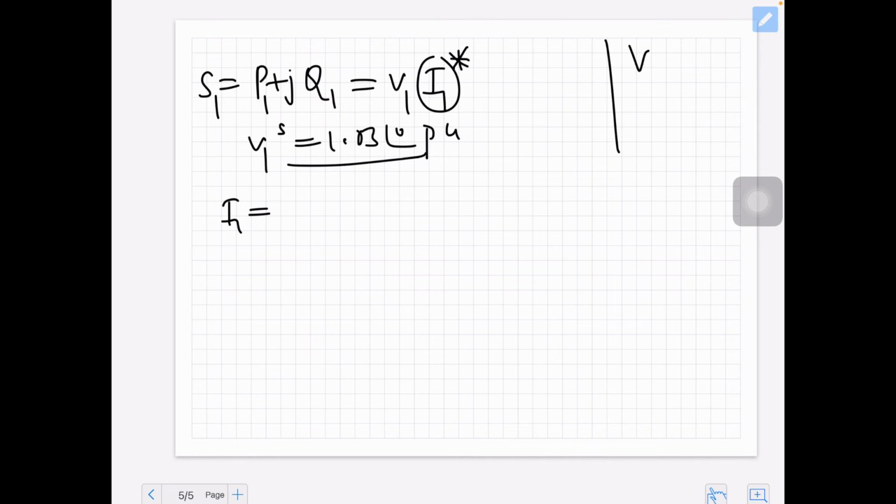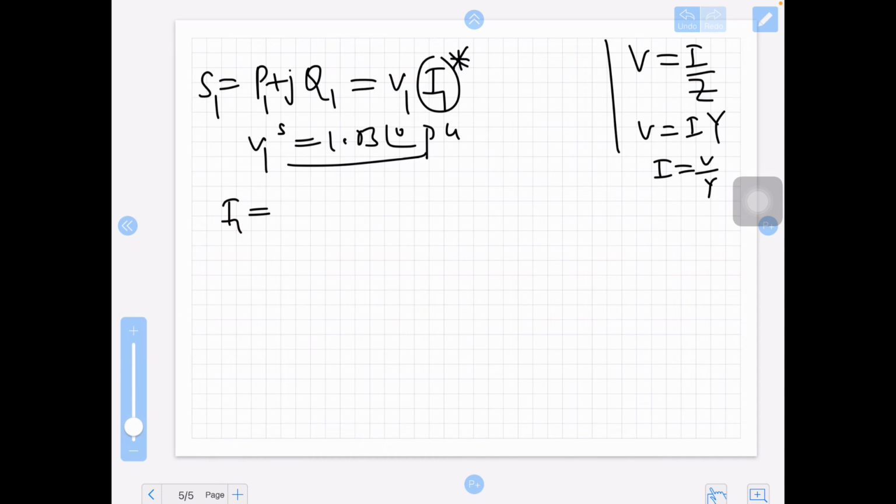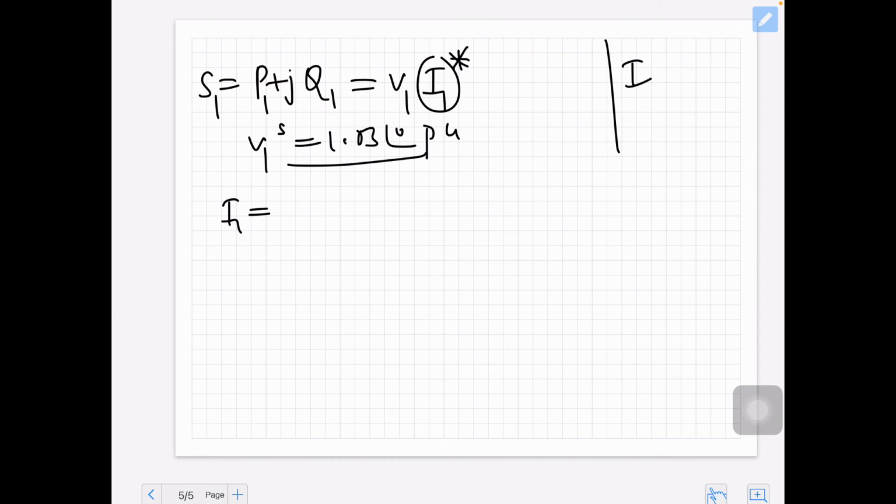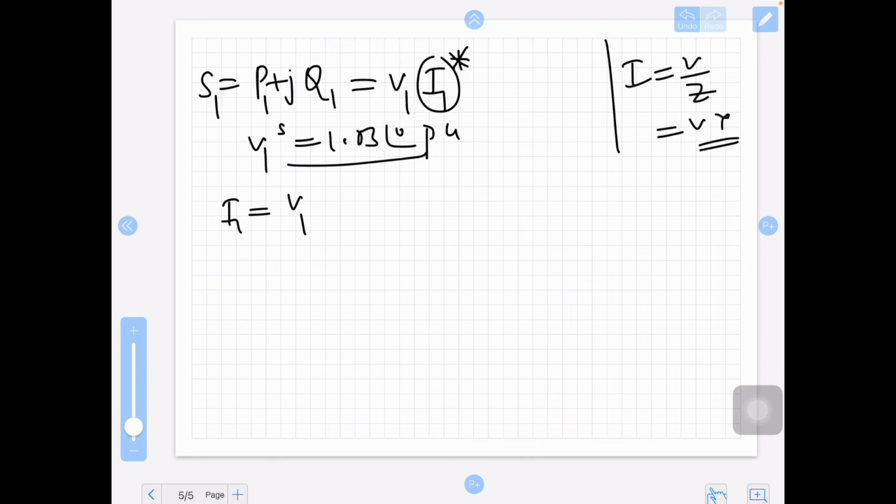Usually we know that V is equal to I into Z, so I is equal to V divided by Z. So current is V into Y. Use this formula, you will get I1 equals V1 Y11 plus